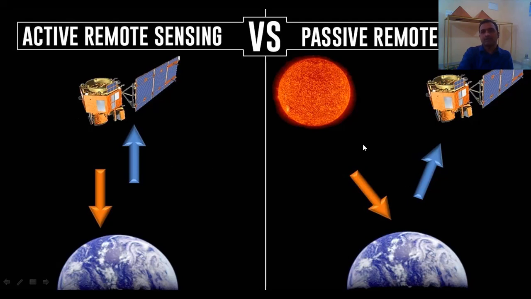Here what happened? In the presence of sunlight, the source is sunlight; here the source is the sensor only. The sensor acts as a source. Here sunlight is a natural source. So it sends the radiation. This is the reflected radiation. This blue is backscattering radiation. This is the reflected radiation. This is the main concept of remote sensing. If you understand this, then you can easily understand the further topics. Reflected, emitted, backscattered.